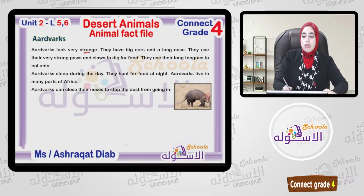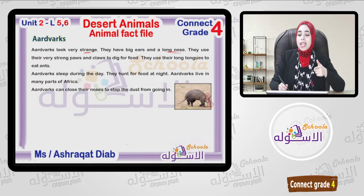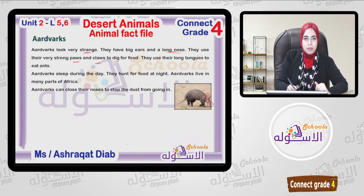And long nose, okay? Look at its nose. It's long. Ringgazzles have big ears but long horns. Aardvarks have big ears but a long nose. What else? They use their very strong paws and claws to dig for food. What does it mean? Look,